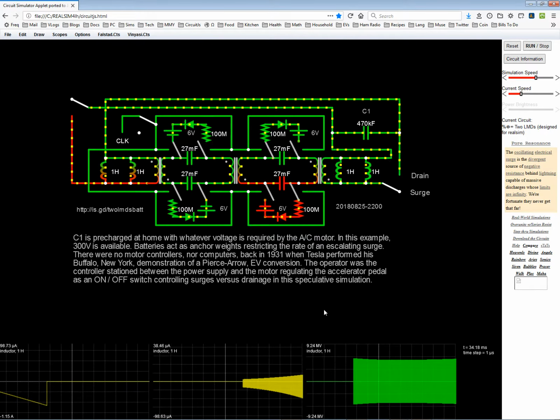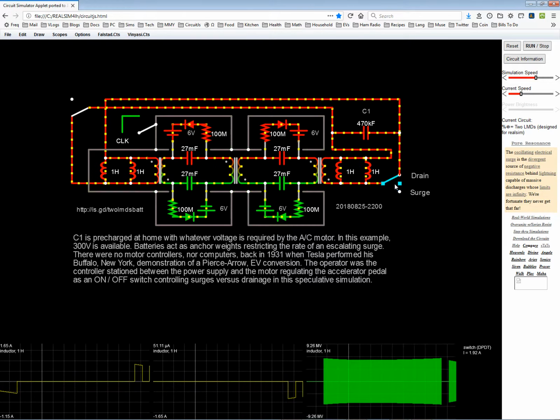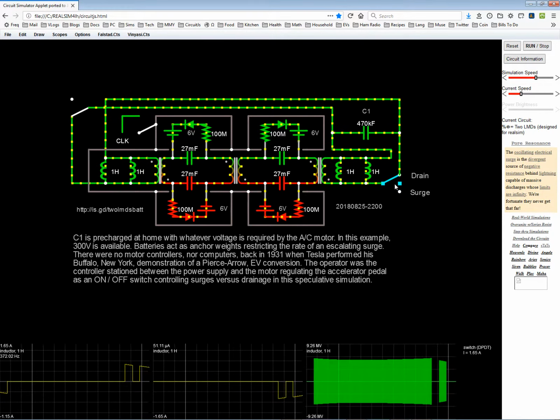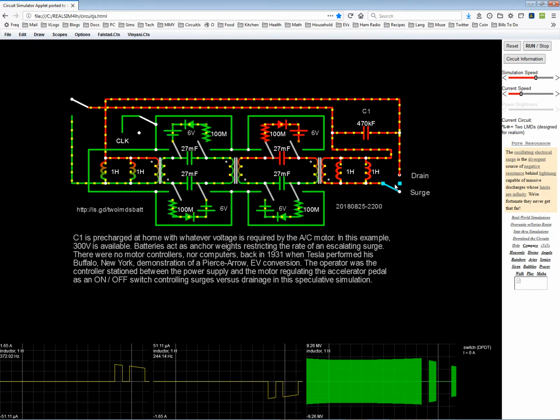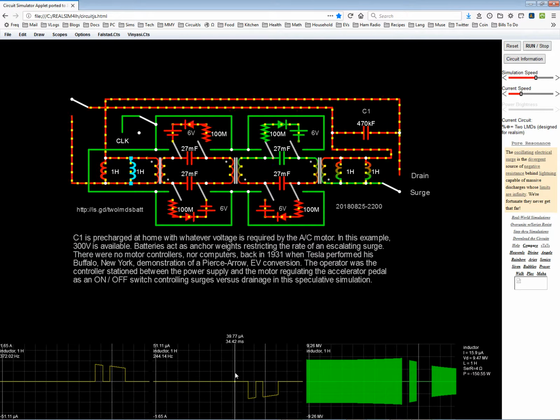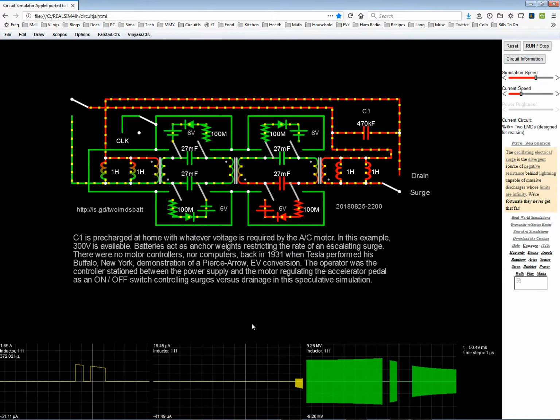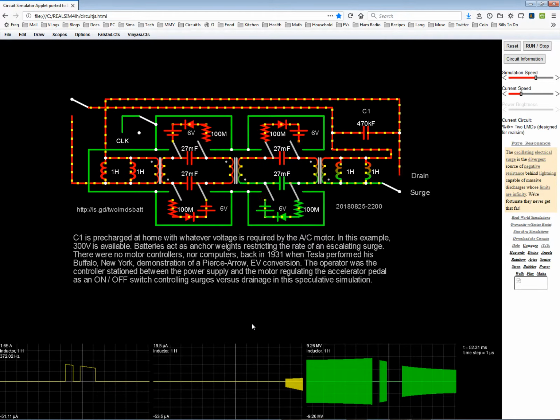So we could just leave it this way because it will take some time, or we can flip back and forth in hopes that it'll take less time, and it does not. So it looks like I've got to stay in surge mode now. Let's reset this. So we're slowly climbing